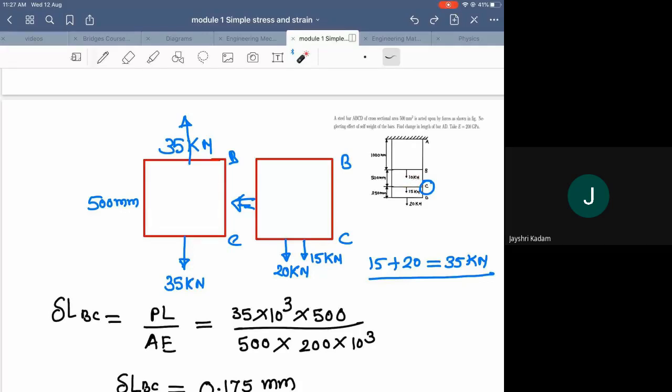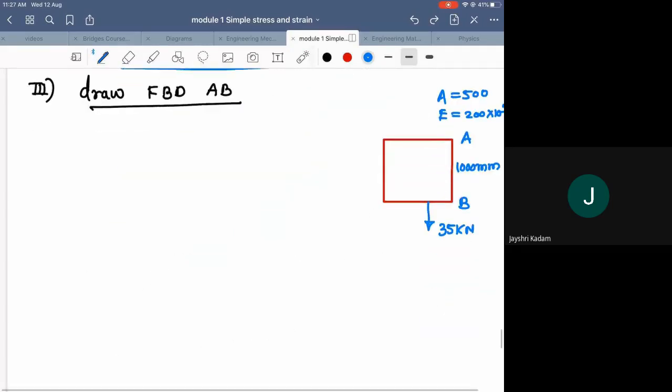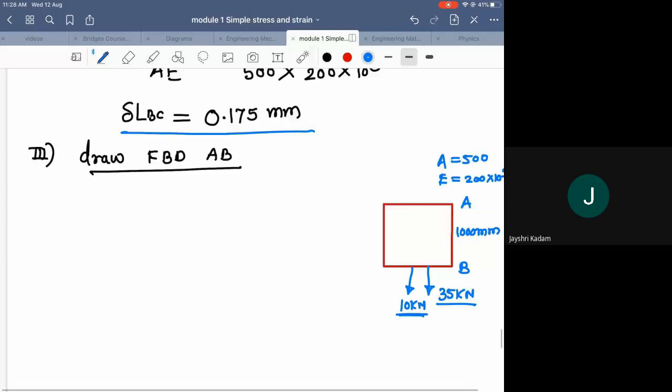So I will show the same force. Here at point B, 10 kilonewton tensile force is acting in the diagram. This force I have shown from the diagram, and this I have shown from the earlier diagram which I have drawn. And 10 kilonewton is given in the problem. So now at common point B, there are two forces acting. I will replace these two forces and show only one force. How can I show?